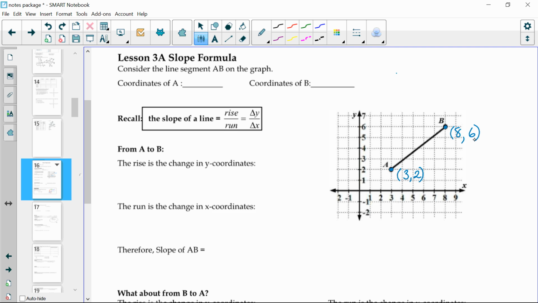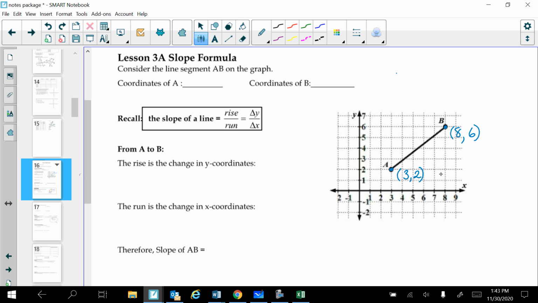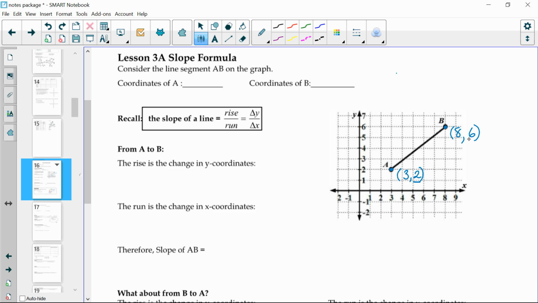So if we're talking about the change in y coordinates, we are talking about the change from A to B. So the y coordinates are 2 and 6. Whenever we're talking about change, what we're actually doing is subtracting. So 2 take away 6 gives me -4. That happens if you're looking at it in this direction, where we're going 1, 2, 3, 4 units